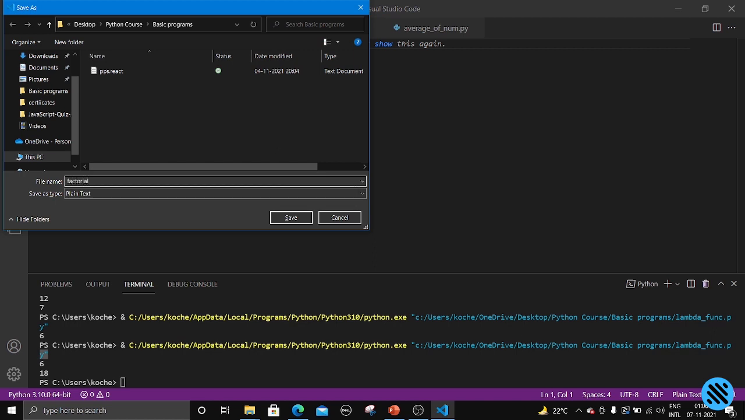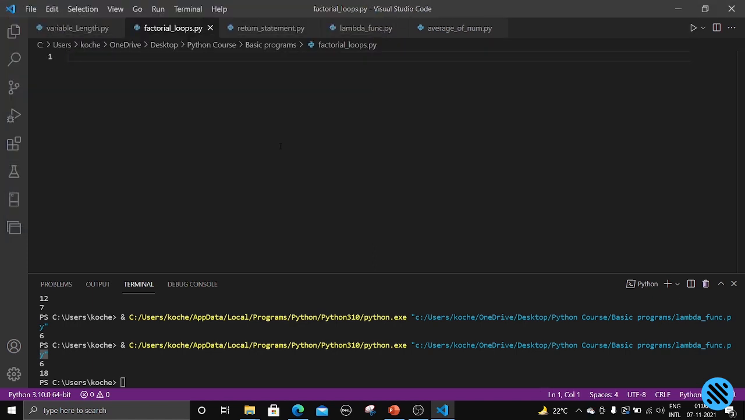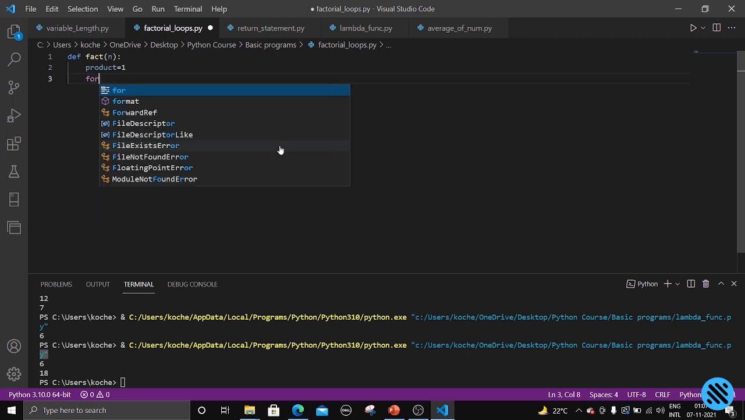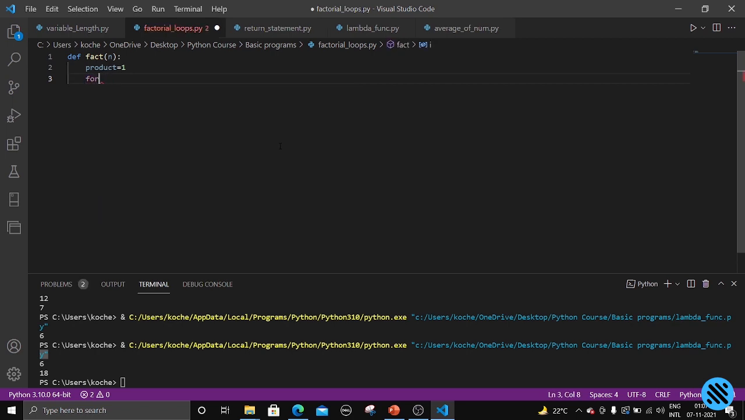Factorial loops.py. We have seen the concept of loops, right? So now let us try to execute. Define fact n, and what we're going to do, let us take a variable product equal to 1. For example, if you are finding the sum of something, take it as 0, and for product take it as 1. And for i in range 1 comma n plus 1,